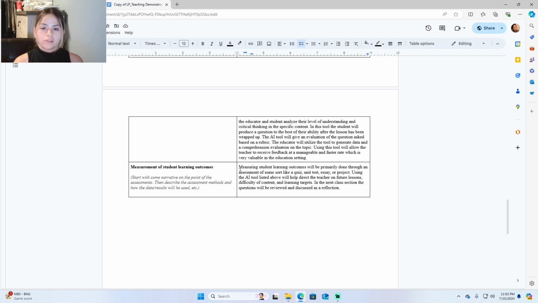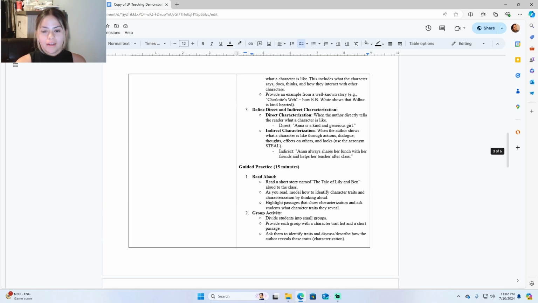Also in the next class section, based off of the feedback and the analysis made by the teacher from using the Ask tool, and seeing all the students' evaluations, it will be used as a reflection for the next class. So let's get